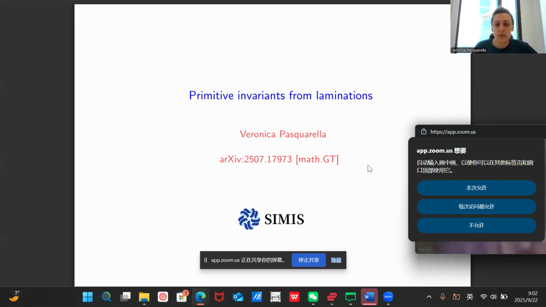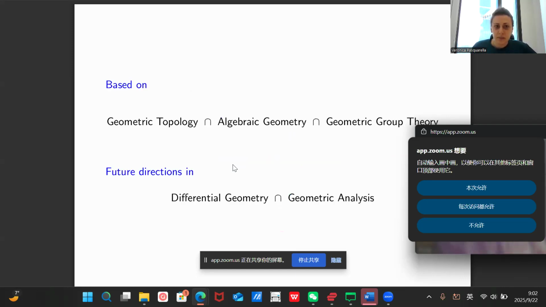You can find it. Basically, I'm going to go pretty quickly on the results because there are many theorems and statements that I made in this paper, but I tried to select a few for this workshop. And you can find all proofs and extra statements in the paper, and you can always contact me if you want more details. So this work is based on the intersection of three different fields: geometric topology, algebraic geometry, and